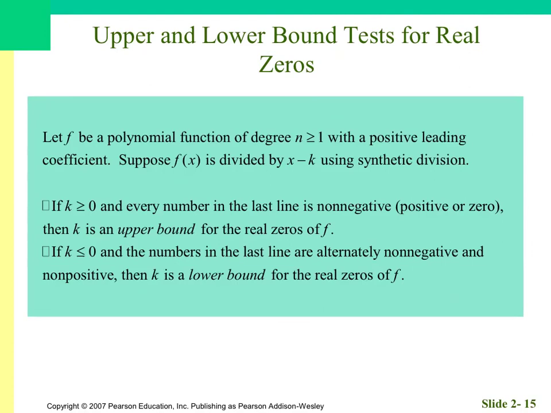Upper bound, lower bound test. Let f be a polynomial function. Suppose f of x is divided by x minus k using synthetic division. If k is greater than 0 and every number in the last line is non-negative, positive or 0, then k is the upper bound for the real zeros. If k is less than 0 and the numbers in the last line are alternately non-negative and non-positive, then k is a lower bound. So let's